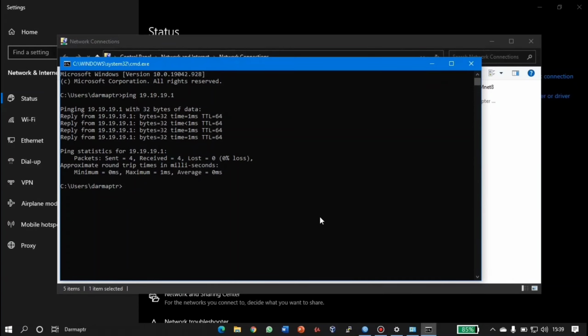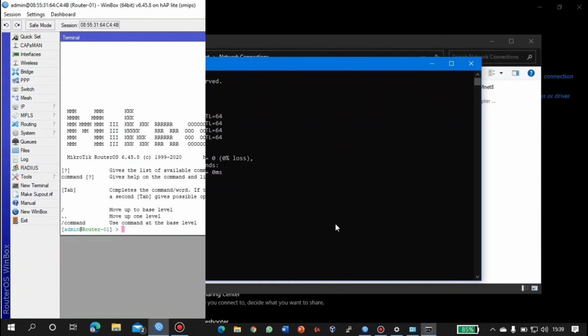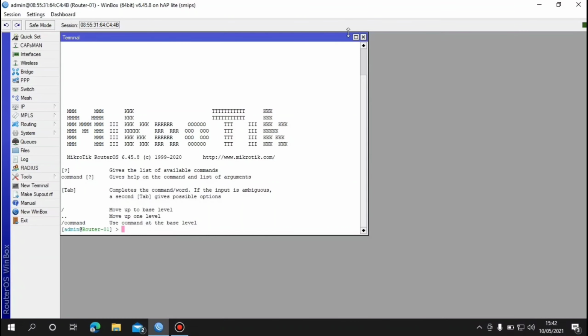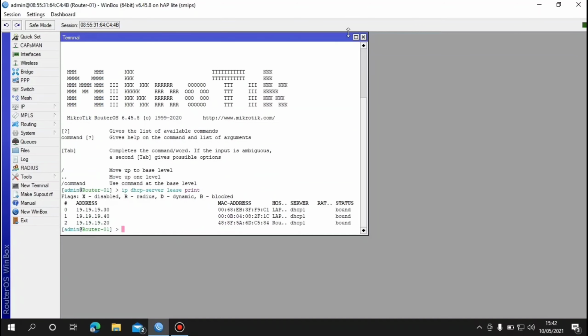And then we go back again to router 1. Check the DHCP server list with the command IP DHCP server list print, enter, and then we do pinging to each client.